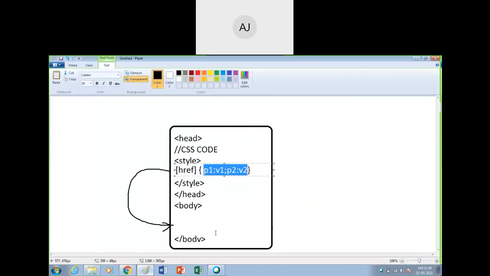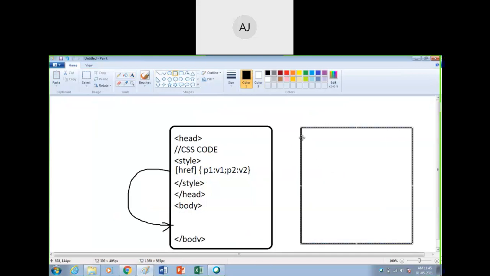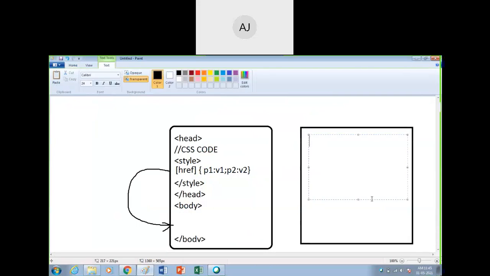I will just draw it here. There is a possibility that you have selectors in the head section only. I will write head open, head close, then a style tag, style open, style close.